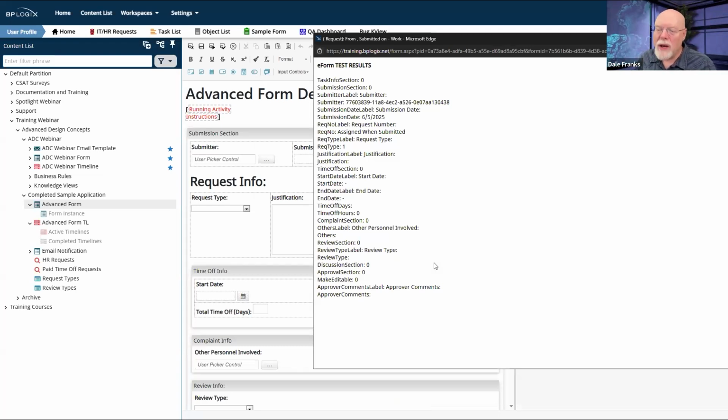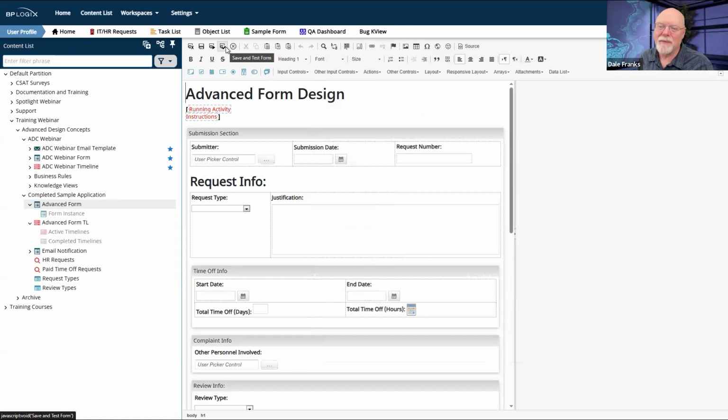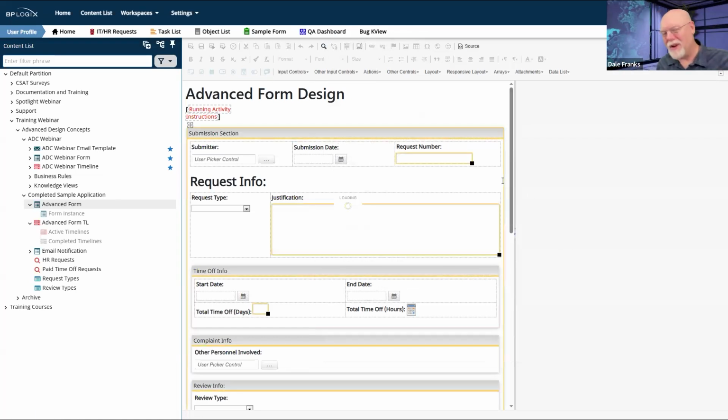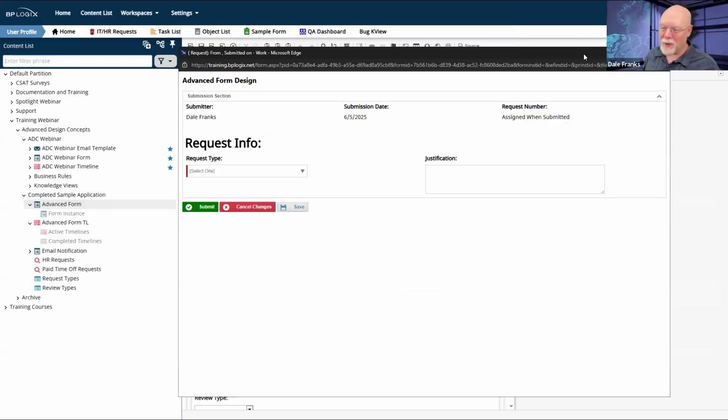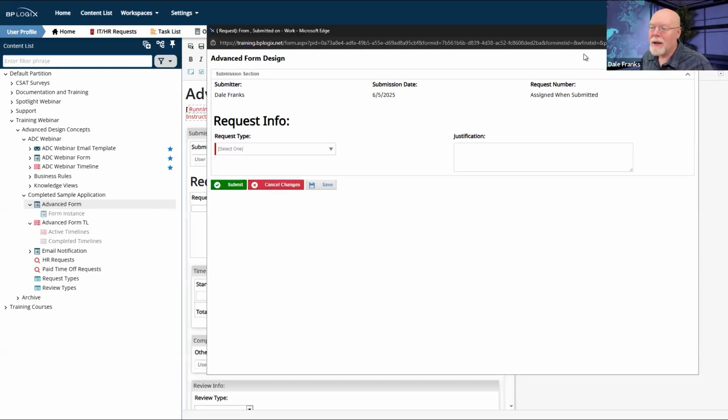There is a technical reason why it works like this, which is that whenever I open a new form instance, no matter what I've said, these are the default values. So if we look at the top three fields, they'll all be filled in with default values. This looks like a real form, but it isn't, because it only exists in my browser. This is not a real form yet. It's only a real form once it gets saved.